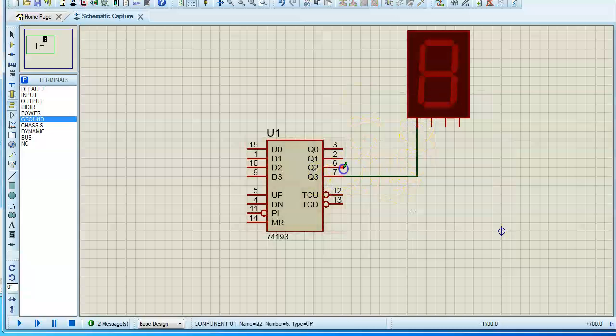So let me connect first the 7-segment display. So this is the first step, connecting the output terminals to the output device. Then we should be able to read the data sheet and find out the required configuration. Especially to make it up-down, it could be somewhat easier. Whereas if you want to load a particular count, you have to be very well aware of the configuration. So I will just show you the data sheet now.